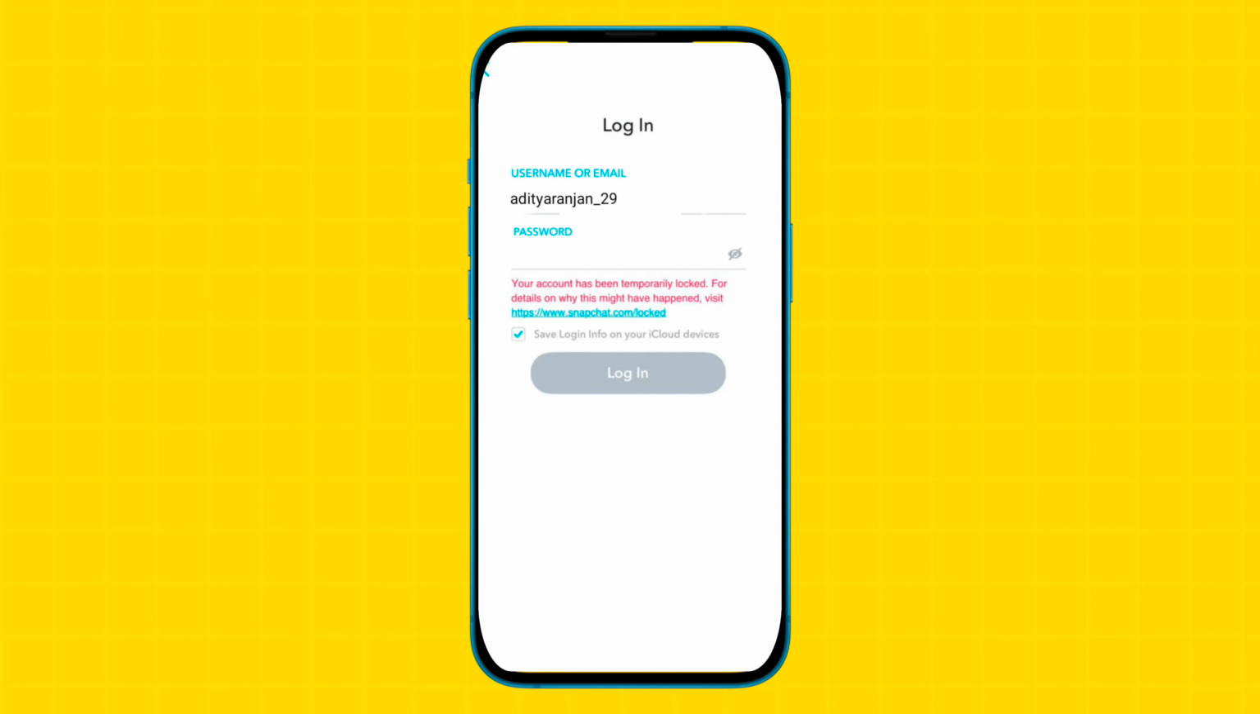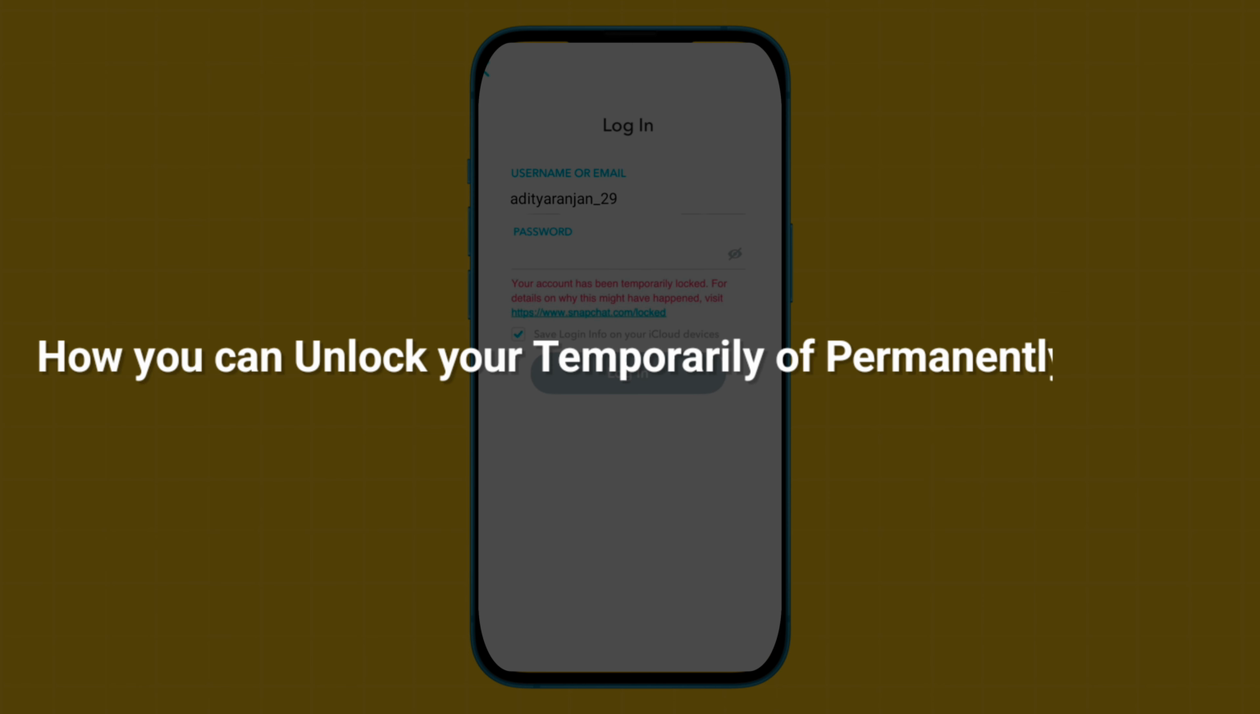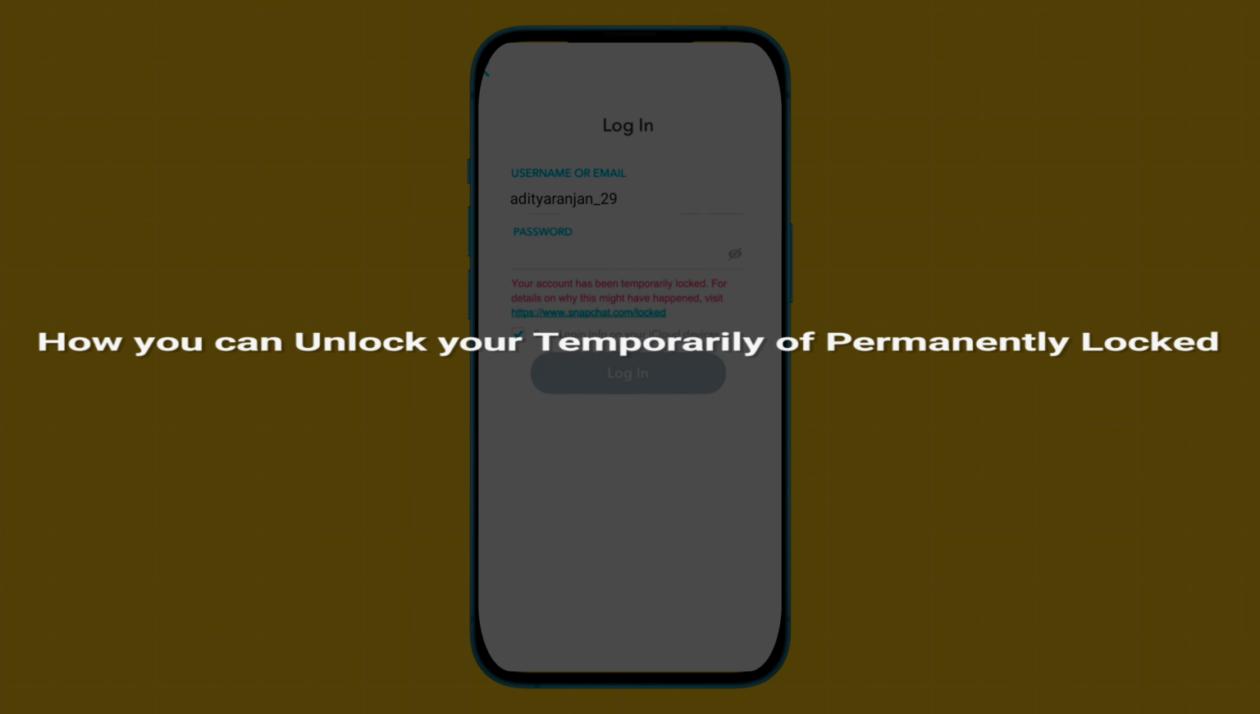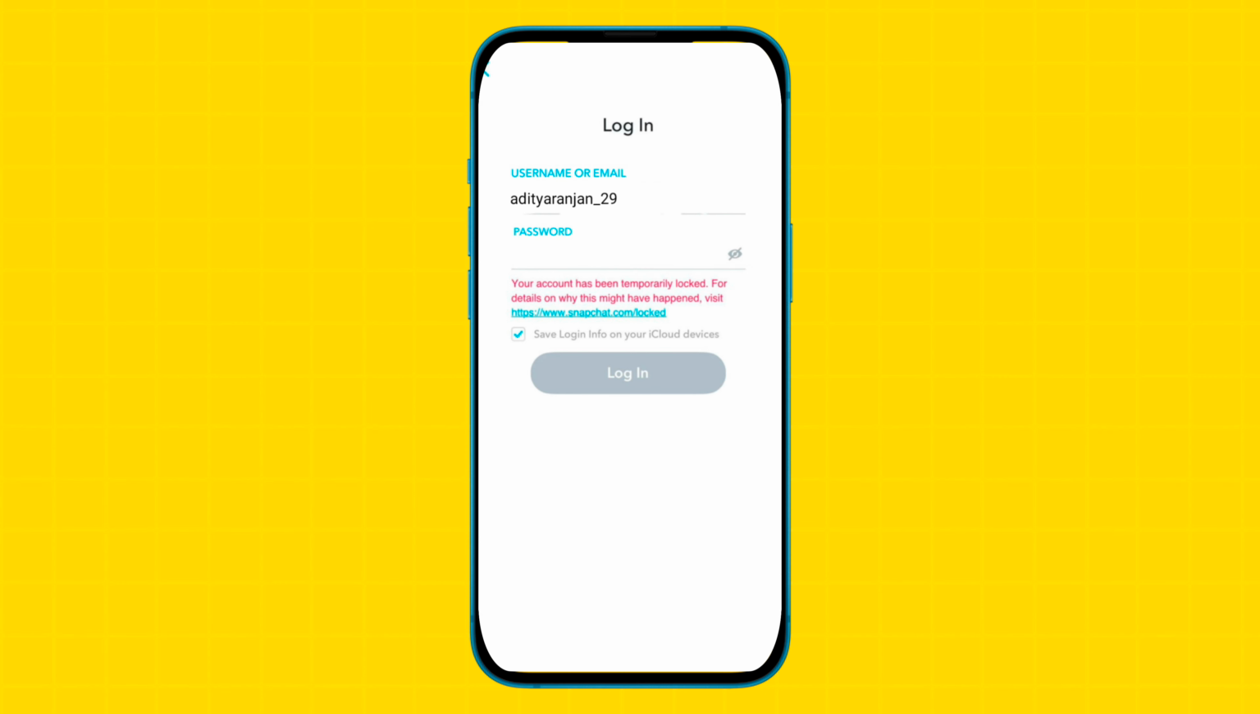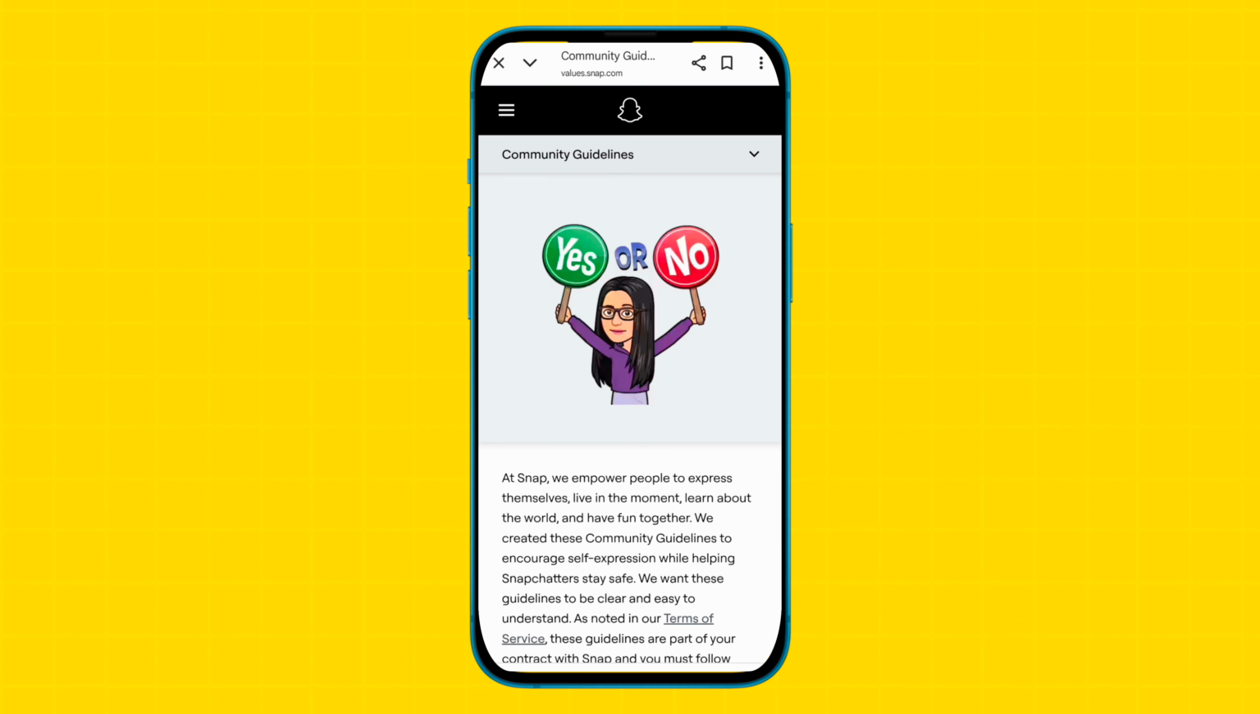So hey guys, in this video I will tell you how you can unlock your temporary or permanent locked account in Snapchat. So guys, before knowing the steps, first of all let us know what is the exact cause of this problem. So guys, whenever you violate the Snapchat guidelines, then you will face this kind of issue, and also